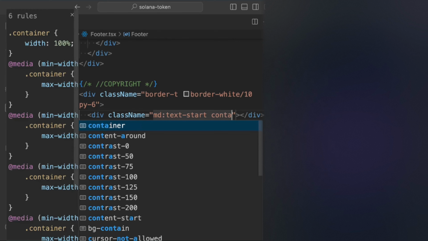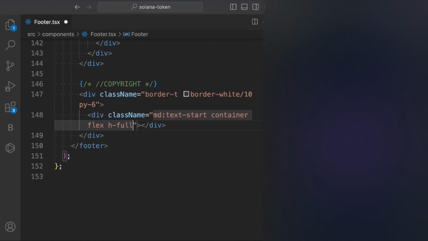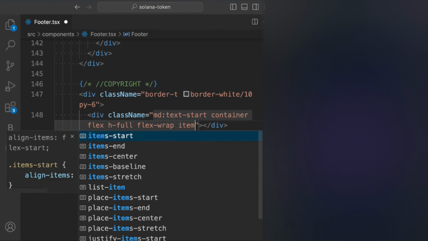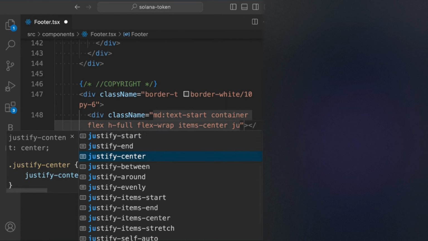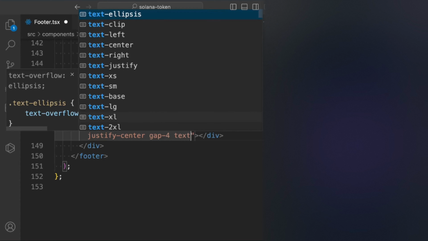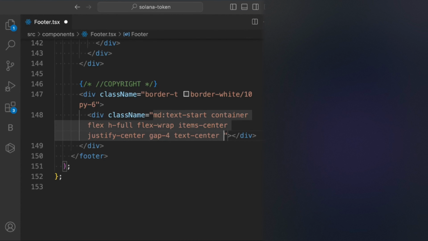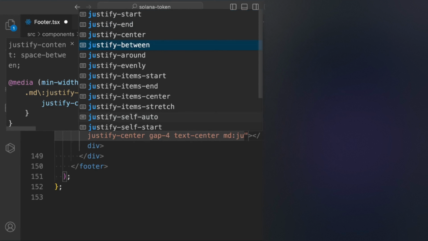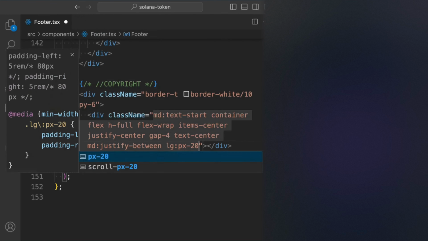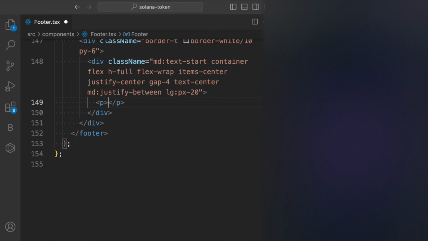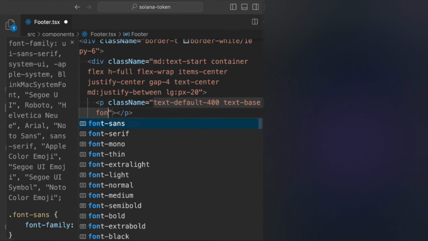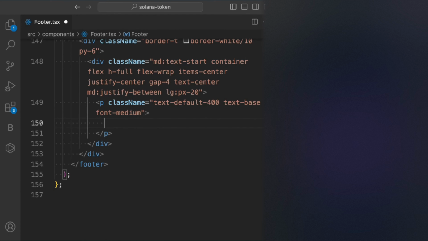We'll say container flex height full flex wrap items center justify center. We'll have a gap of 4 pixels, text center. On the medium screen we'll say justify between. On the large screen we'll say padding x 20 pixels. We'll take a p. It will have a class called text default 400 text base font medium. Inside that p we have to display our message. So I'll take this @ and I'll say Solana AI, and